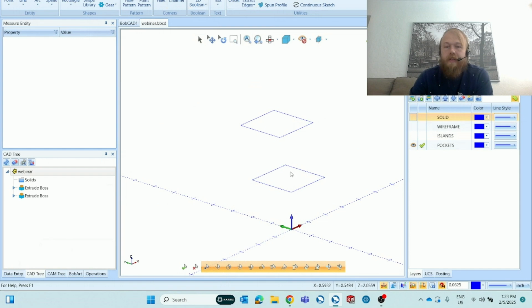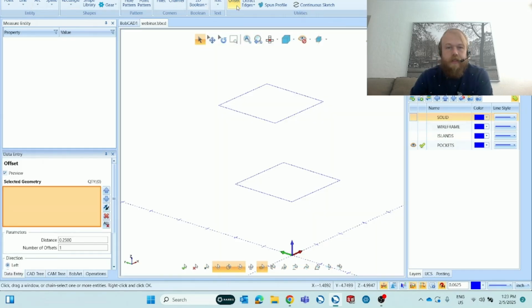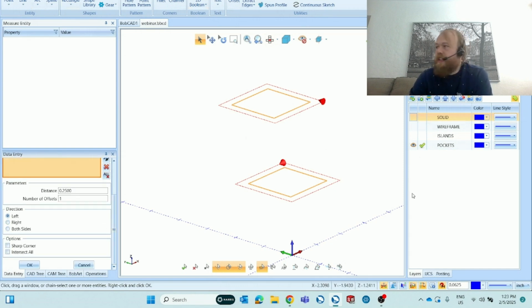And now I want to offset those in. So I'm going to go to Create 2D, and I'm going to go to Offset, which is that function right next to Extract Edges. And I'm going to offset these two squares. So I'm just going to hold Shift and click on each of these squares here to chain select them. And I'm going to change the distance. If you don't see the chain selection,